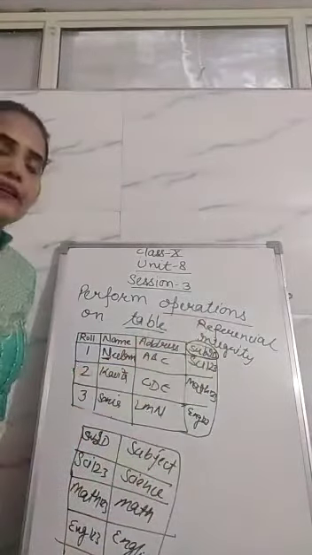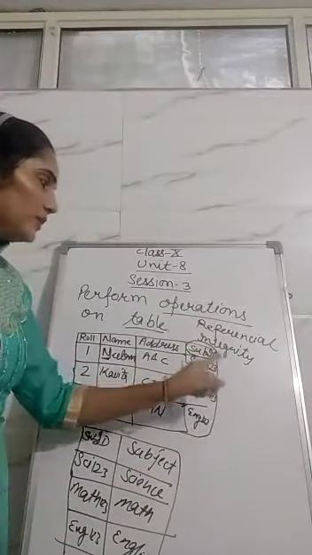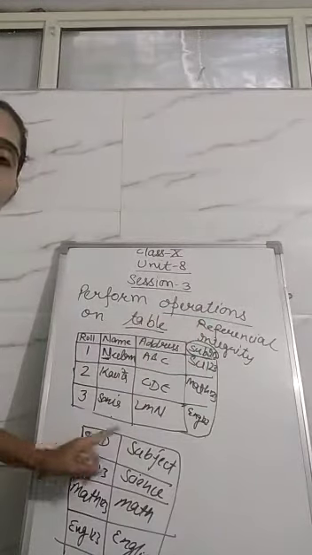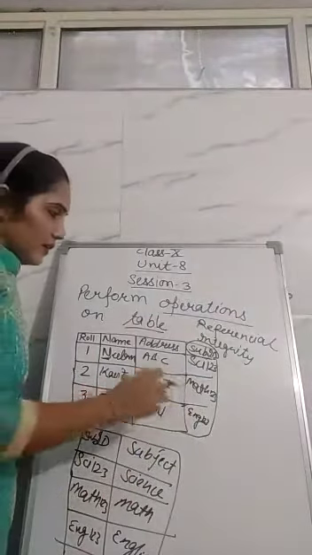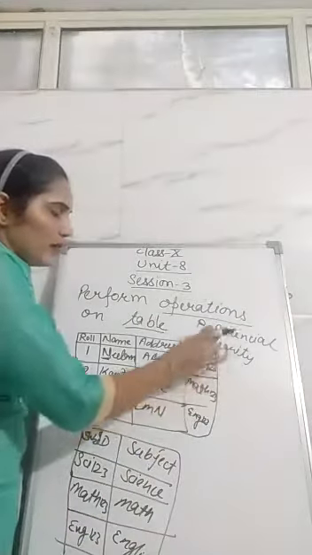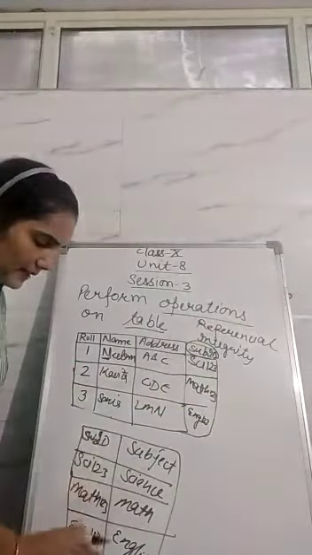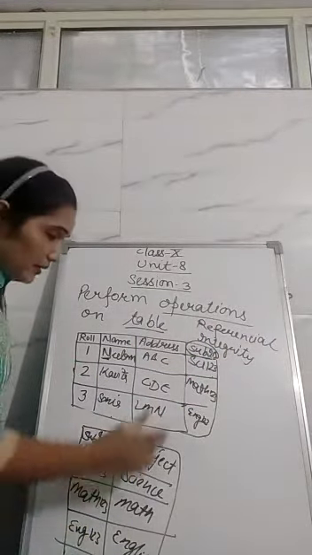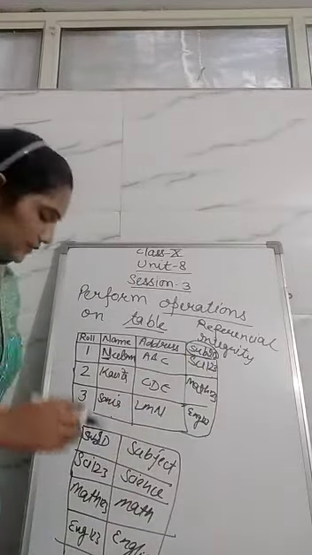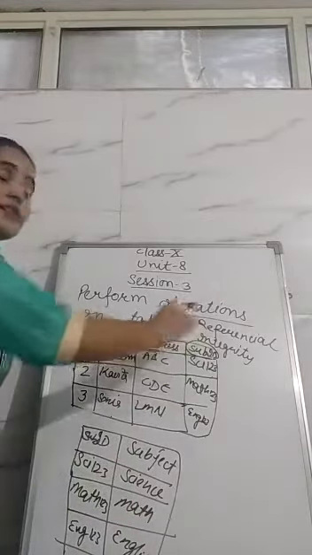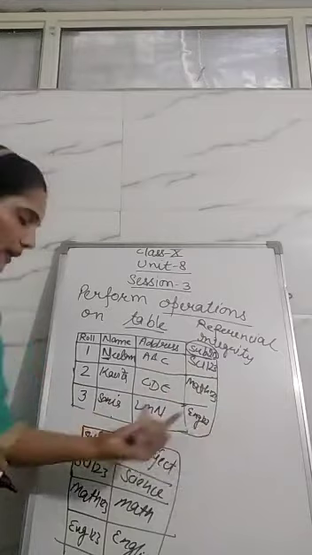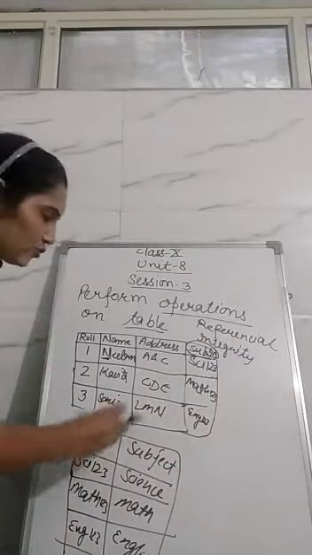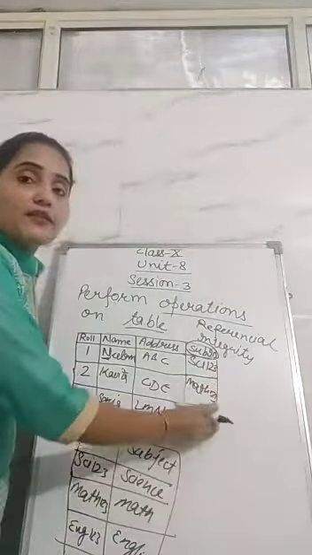Here the subject ID is a part of the student detail table, and the same subject ID is also a part of the student subject table, and this point is also called foreign key. It means one field of this table acts as a primary key in another table. This is called foreign key, or you can say this is also called referential integrity. It means a reference of one table exists in another table, by which we can fetch data from this and this table.